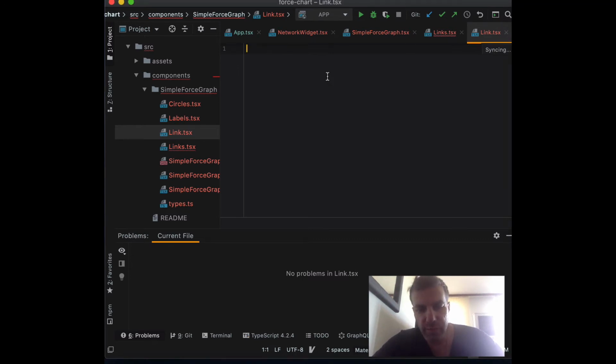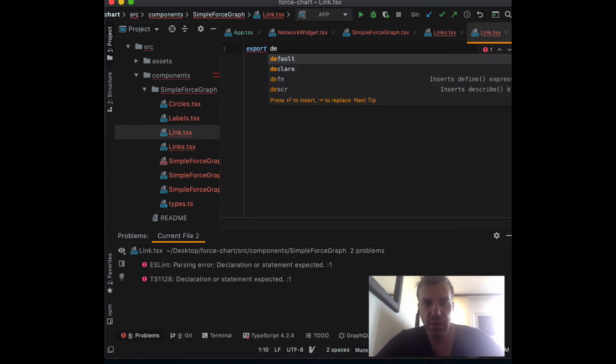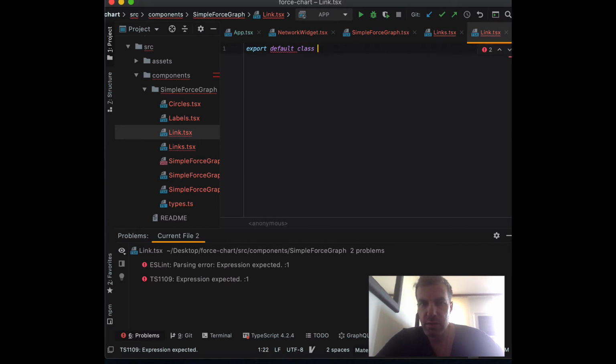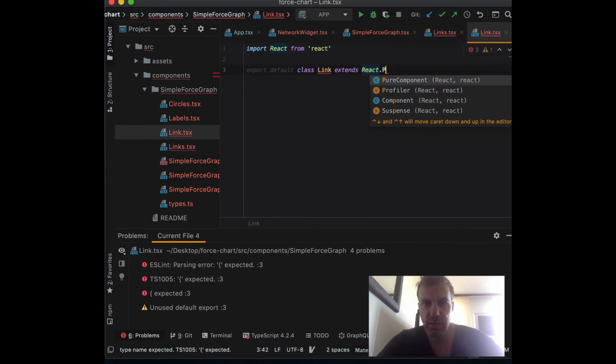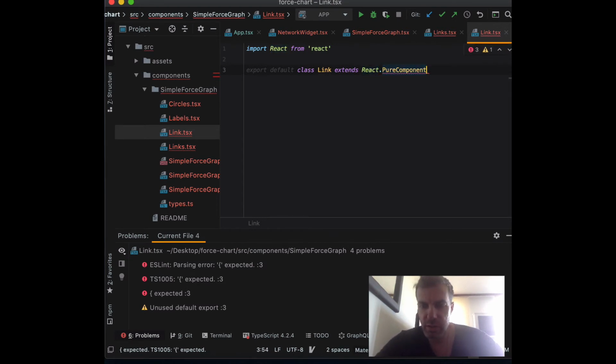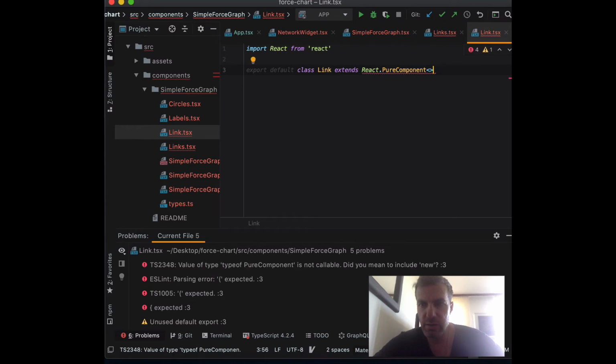This time we can create a class component, so this way we can hook into the component did mount and all the events, so we don't have to write it using function component. So we can create a default class, and we will call it Link, and extend the PureComponent. So we have to import React.PureComponent, and we'll create an interface. We'll call it ILinkProps,